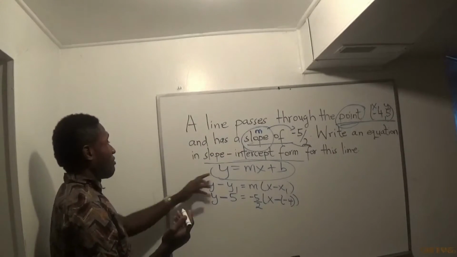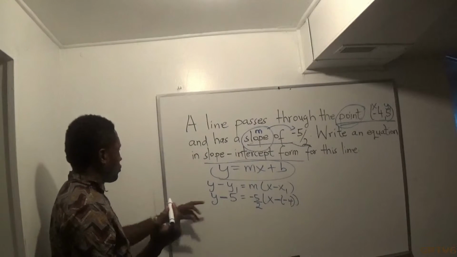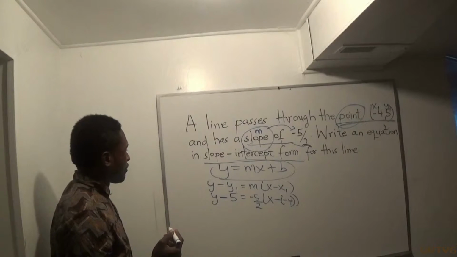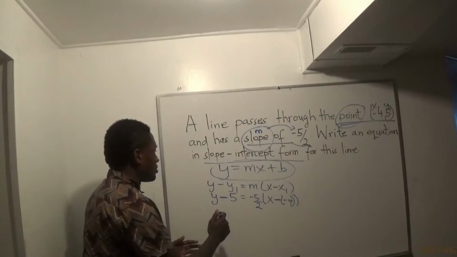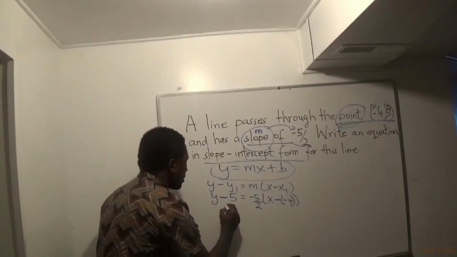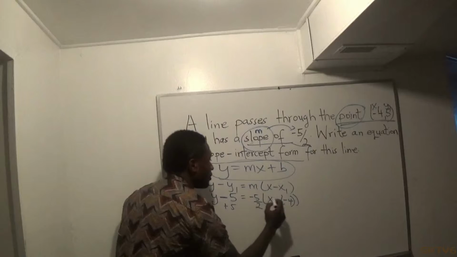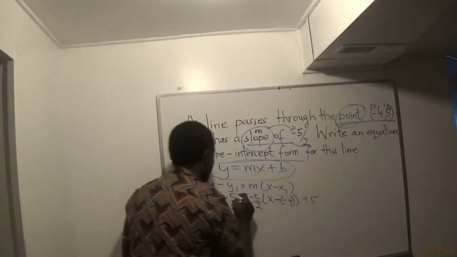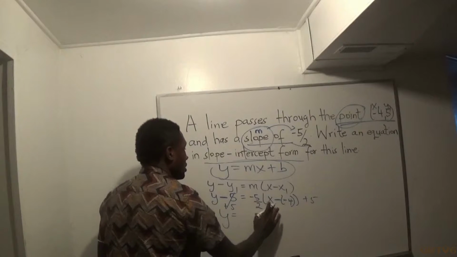So basically I'm solving for y. So that's my goal. So if I'm solving for y, then y, you have to be by yourself. So whatever is close to y, I have to get rid of it. So I'm just going to do that first. Let me just have y by itself. So I'm going to get rid of this by doing the opposite. So plus 5 on both sides. So now I have the y by itself equals. And then here,